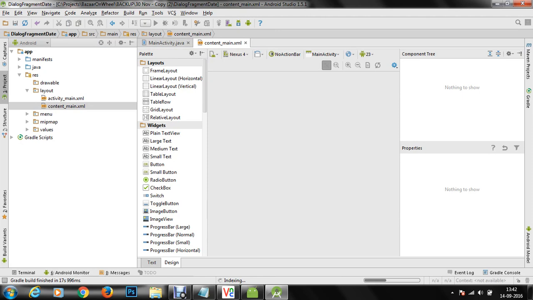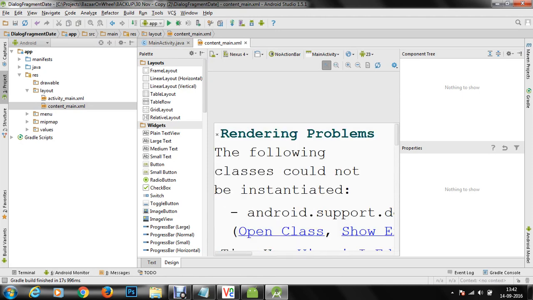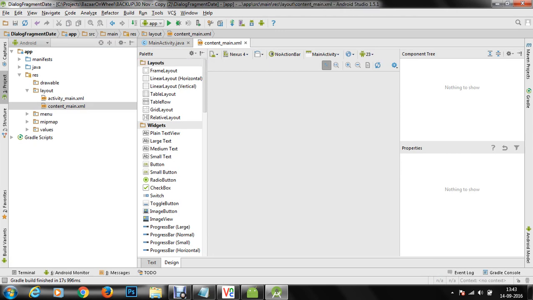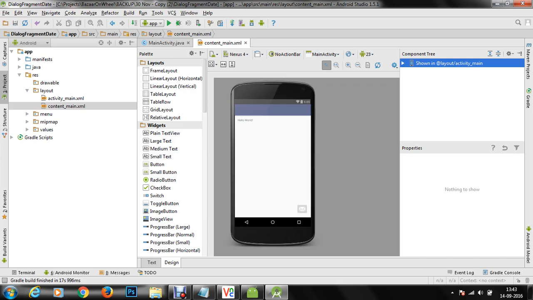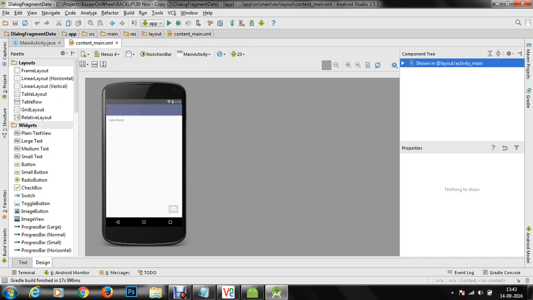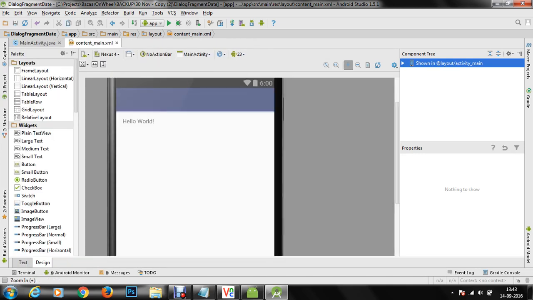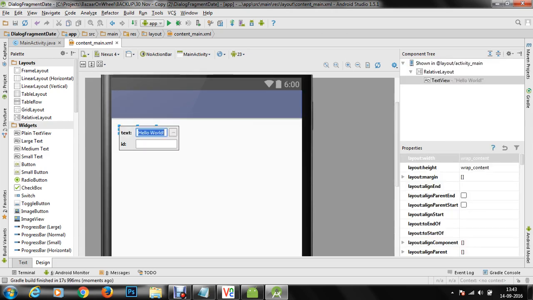As soon as the layout is ready, we are going to create a button control on our layout. Let's sort out the rendering issues. We'll quickly click on resynchronize so that our content main is visible.